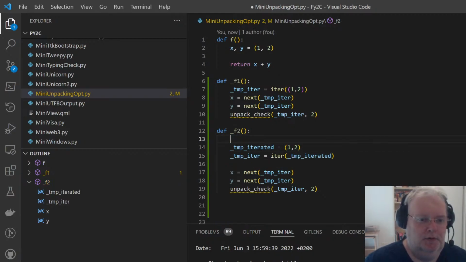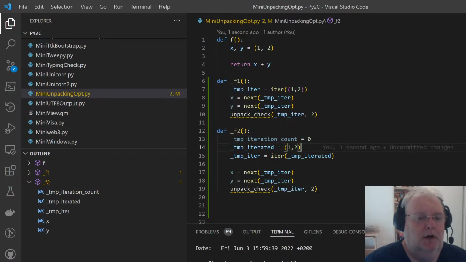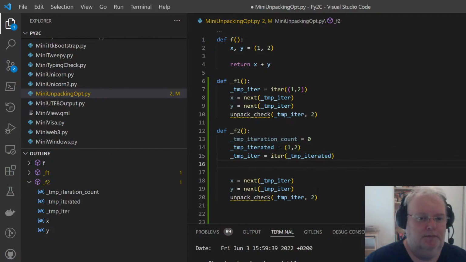And then we put temp iteration count to 0. And yeah, we take note, marked as propagating.